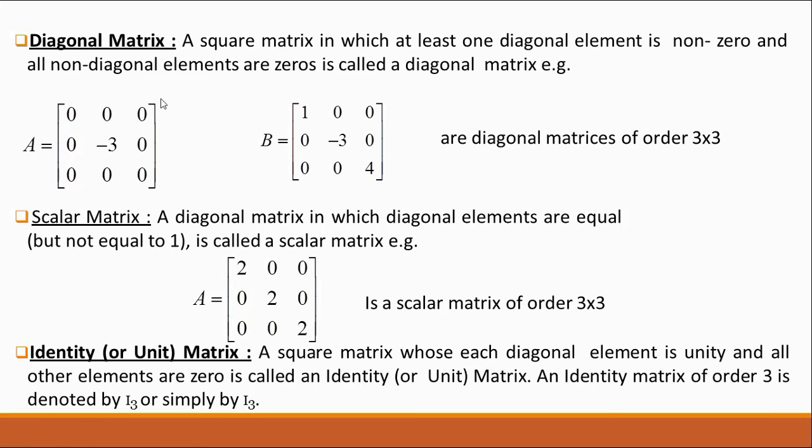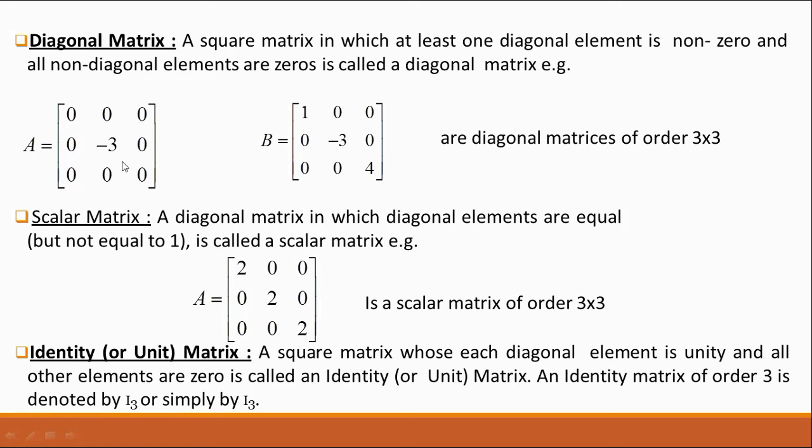Now, what is a diagonal matrix? A square matrix in which at least one diagonal element is non-zero and all non-diagonal elements are zero is called a diagonal matrix. Dear students, note that for a diagonal matrix, all the diagonal elements being non-zero is not necessary. Simply, if at least one element is non-zero in the diagonal line, then the matrix will be